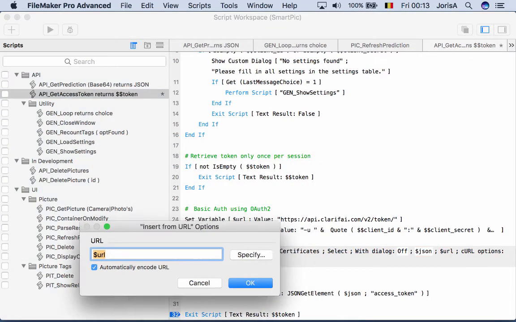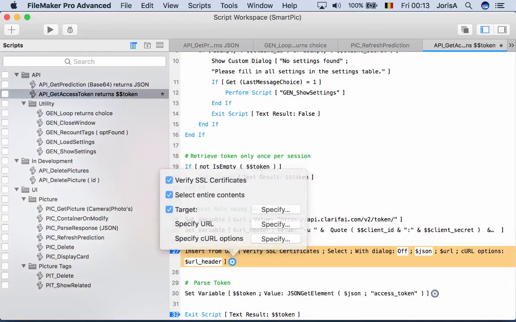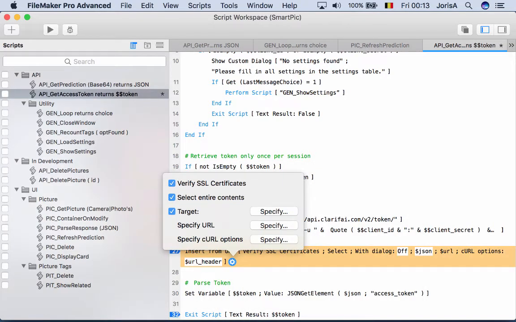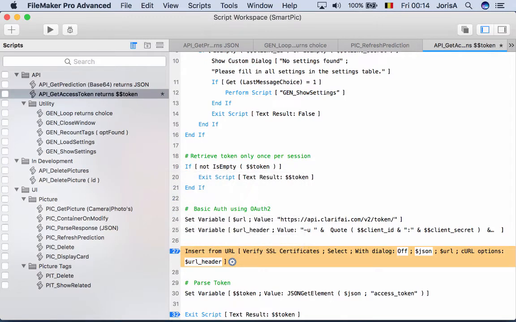This is the URL I specified before, the token endpoint. And this is new for FileMaker 16: I can specify so-called cURL options. cURL is a tool to send data with a URL. And in fact, it's just the URL header I specified before. Okay, if I send this information to the Clarifai website,